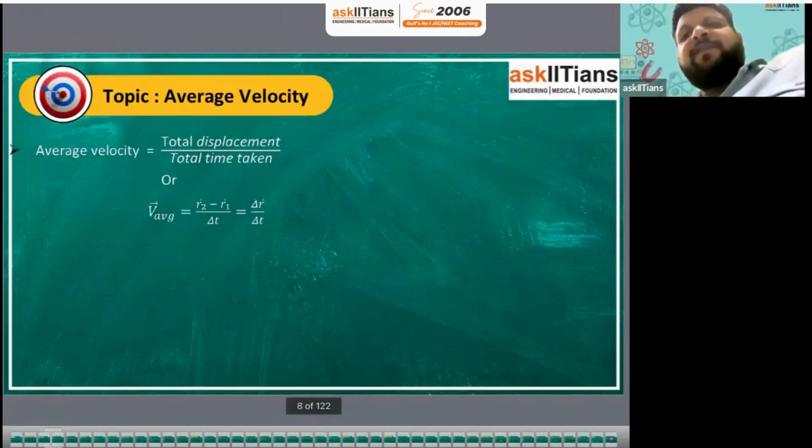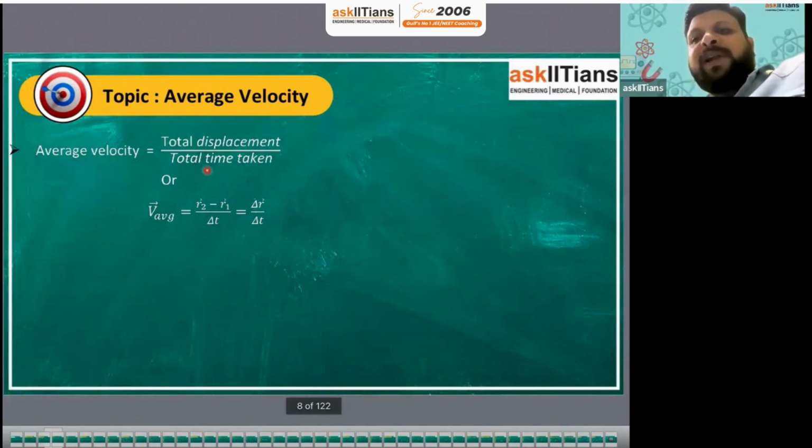Next concept is average velocity. In the average speed, we have taken total distance upon total time taken. In average velocity, we will take displacement instead of distance. So average velocity will be total displacement upon total time taken. Total displacement, like if I'm considering XY coordinate plane, so